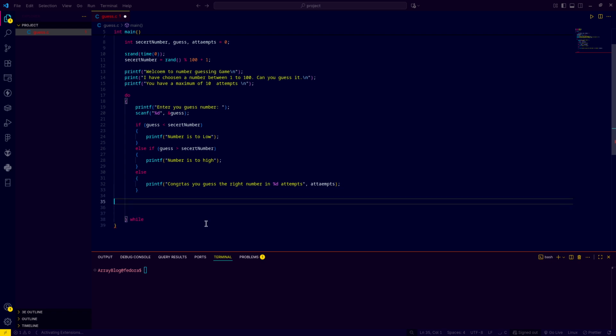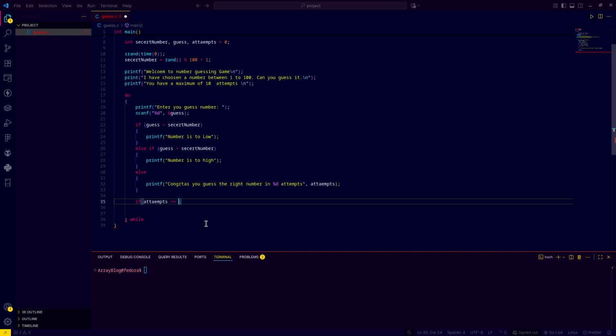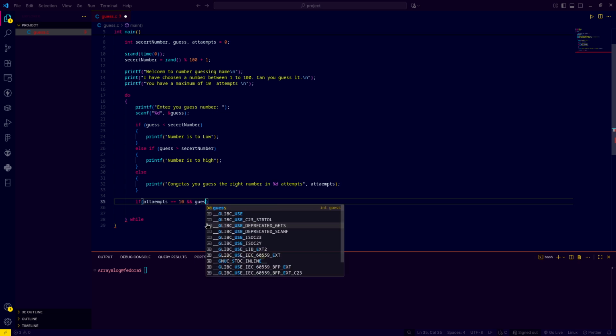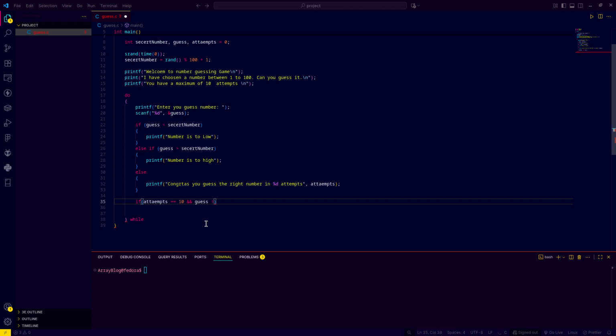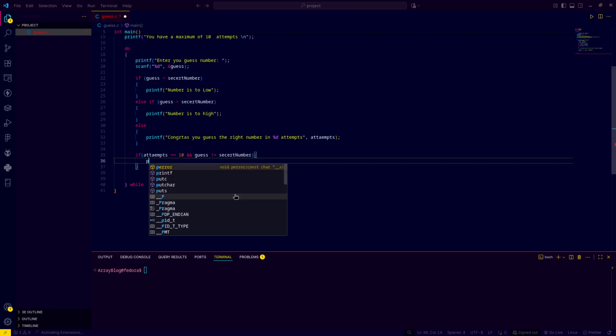But one thing we are missing here, we have not told it how many times you have attempted. So we'll say if attempts equals 10 and guess not equals secret number, right? So if the user has attempted 10 times and has not guessed the correct number, what you're going to do is pass a message with printf